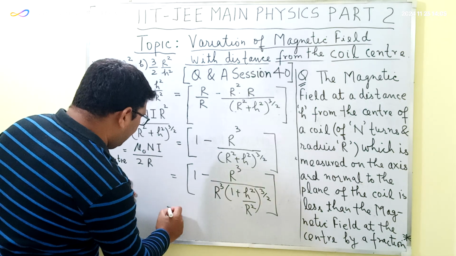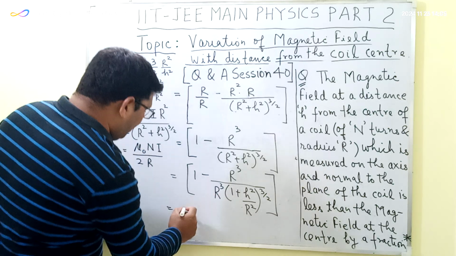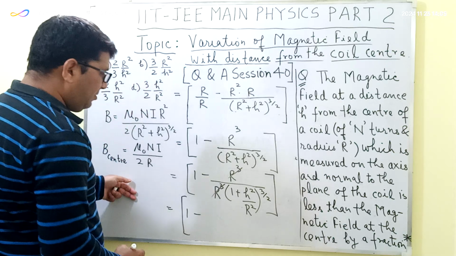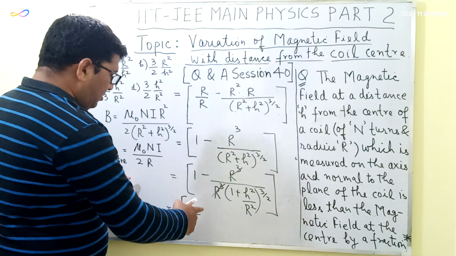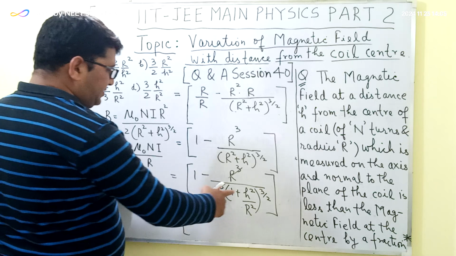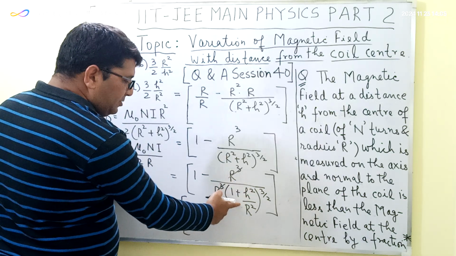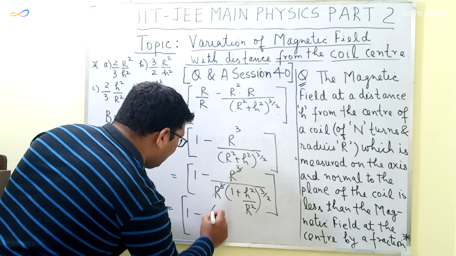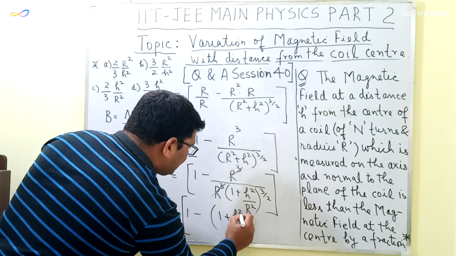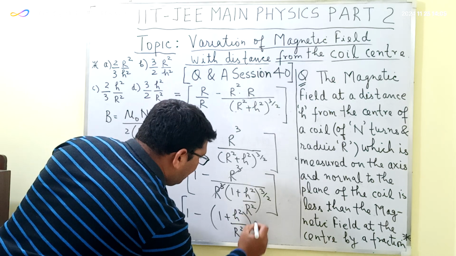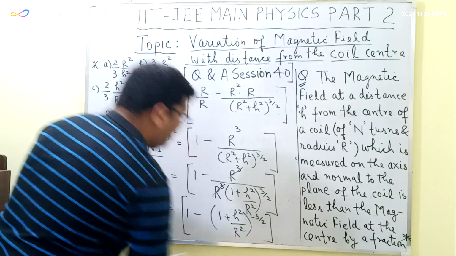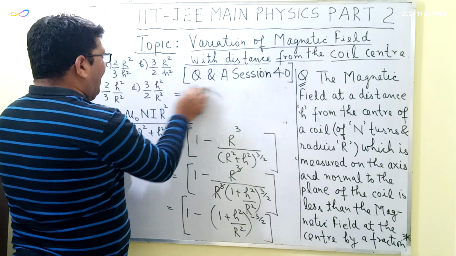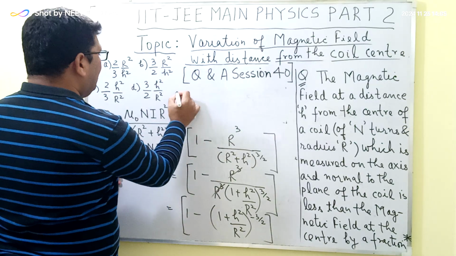Okay, and so finally by using the binomial expansion I will be getting the value here as 1 minus r cube, and r cube will get cancelled out, and this expression can now be written as, if I take this 1 plus h square by r square in bracket to the power 3 by 2 in the numerator, this will be equal to 1 plus h square by r square to the power minus 3 by 2, and the final answer will be equal to